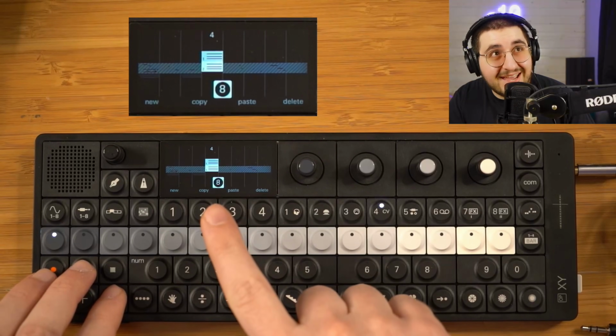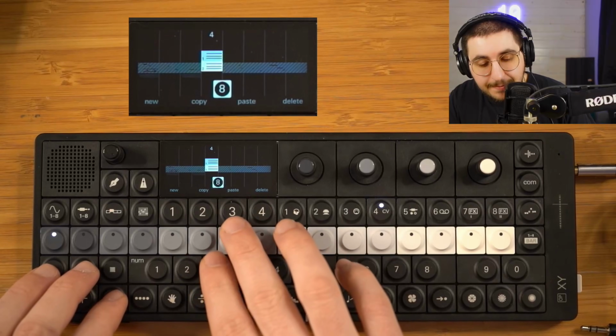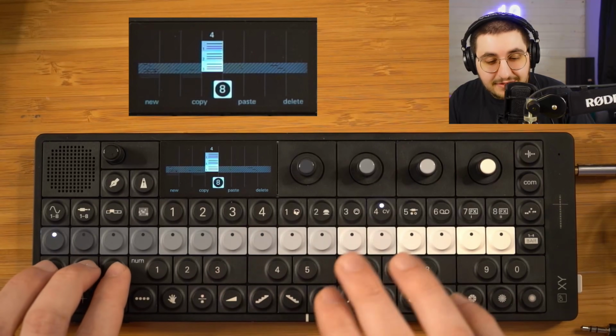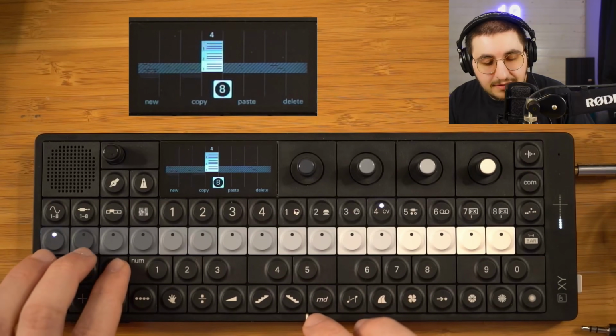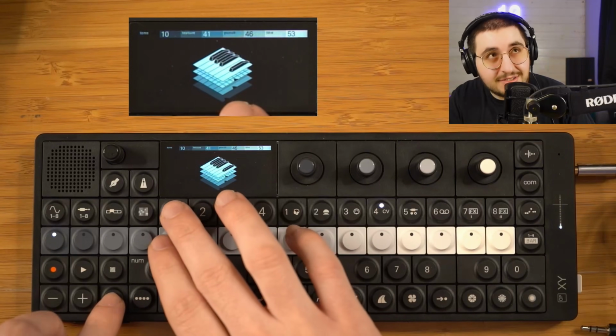The OPXY lets you switch out presets between patterns, and it will remember what preset you switch to. This is a great way to take your melody and just use a different preset on another pattern to give it a whole different flavor. For example, on scene 8, we can copy and paste our piano that sounds like this. And we can go into the synth and we can just